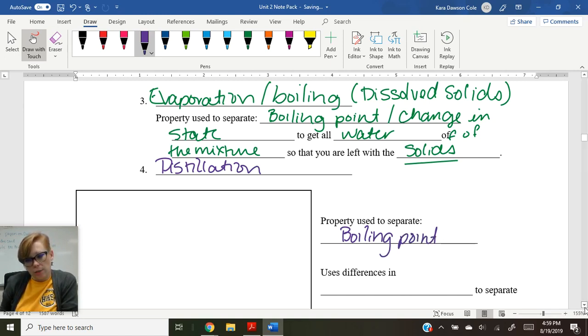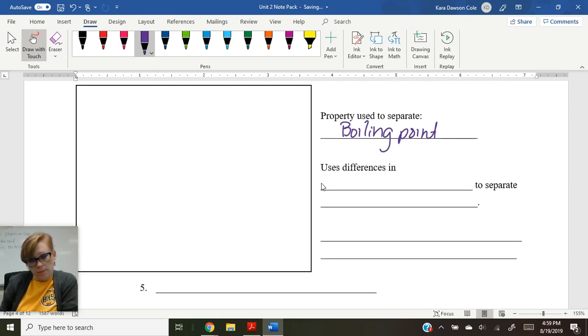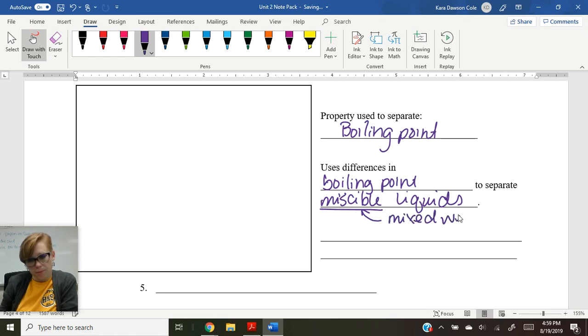Again, this uses differences in boiling point to separate miscible liquids. What miscible means is mixed. So these are liquids that are mixed well, so they don't separate out. Again, the liquids that have the lowest boiling point